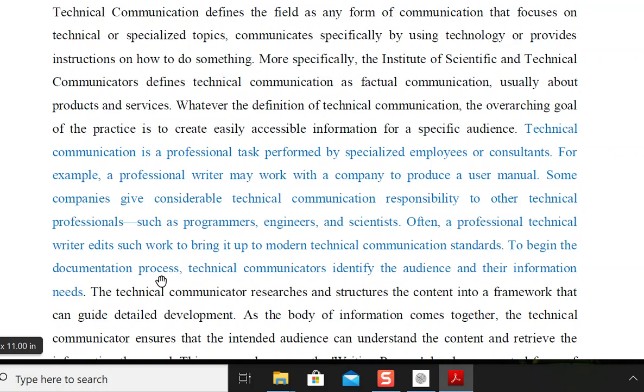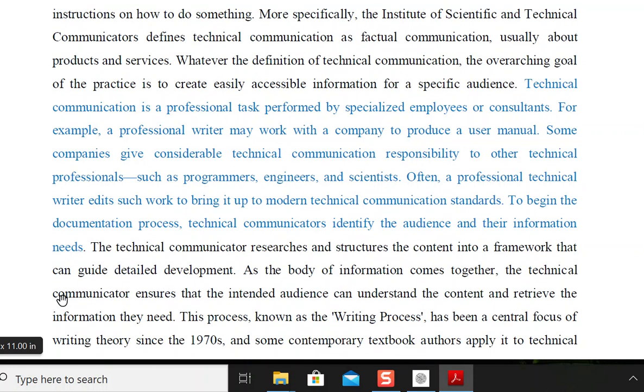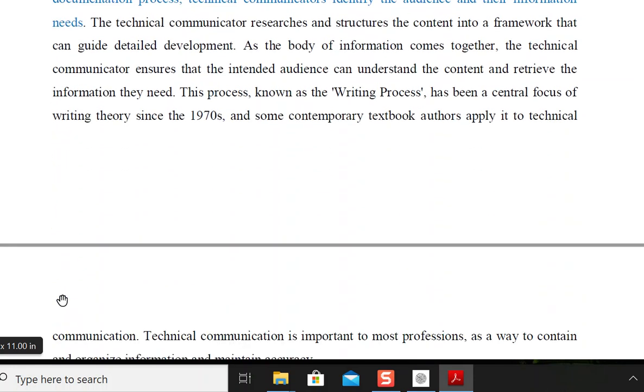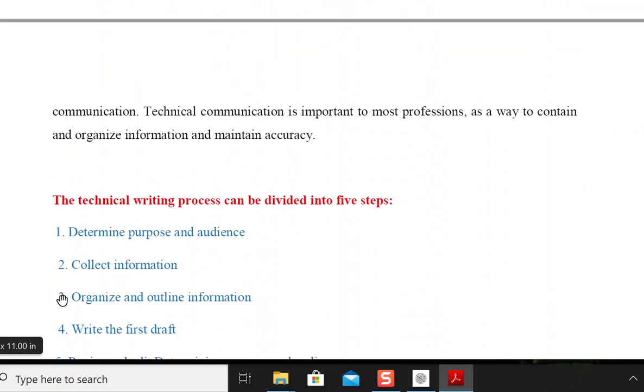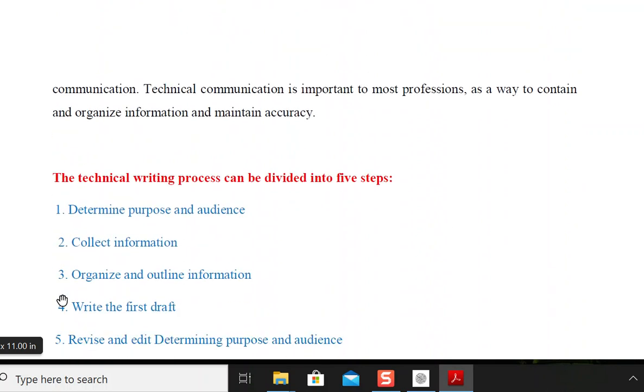To begin the documentation process, technical communicators identify the audience and their information need. Is that right? Means the technical and business writers do have a specific audience analysis, and this discussion has already been made in the previous lesson, that what the audience analysis is and what type of information normally we need. Well, in technical communication,